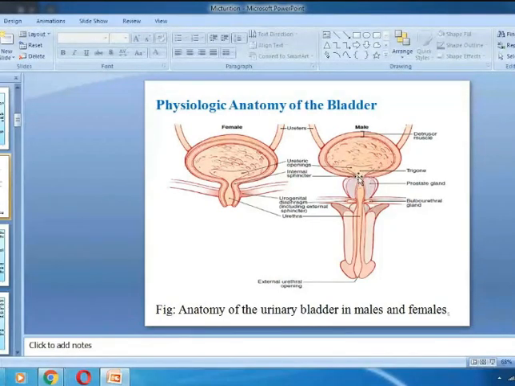The internal sphincter is under involuntary control, and this external sphincter is under voluntary control.